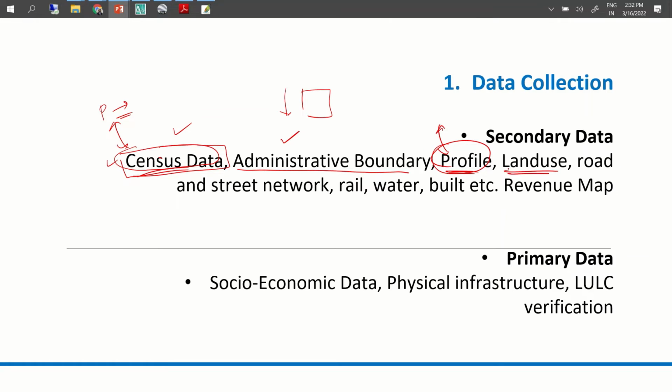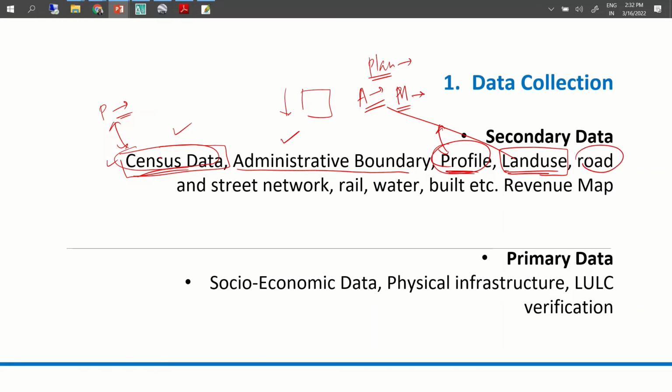Land use, like I said, there is a department in the Ambur municipality, and I'll also show you the plan that they have. Some of you should definitely visit the municipality and get hold of the master plan that they have for the town. That will help in a larger way.